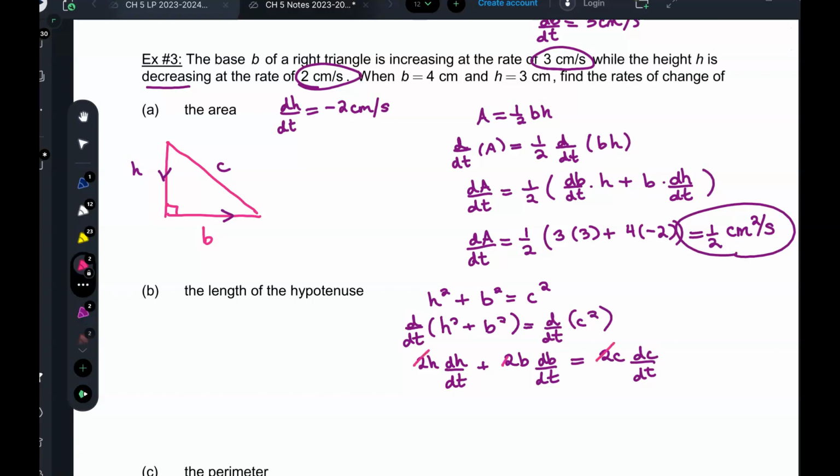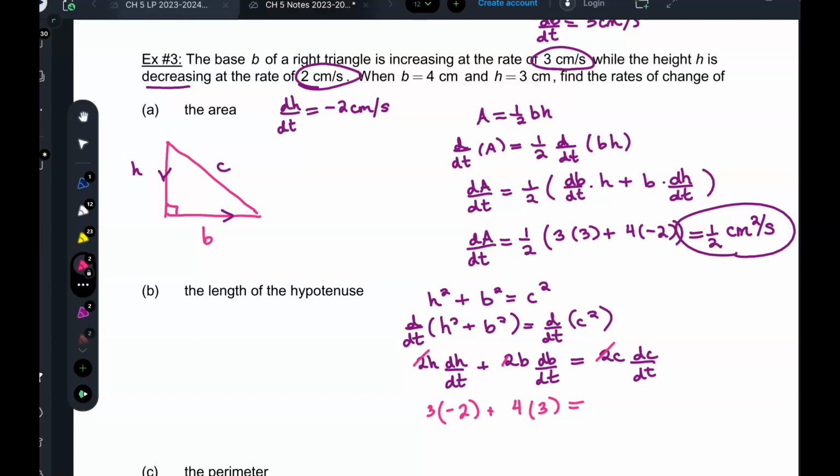Okay, so now we're going to see how the hypotenuse changes. Is C, the hypotenuse, getting bigger or getting smaller? Well, what's H? 3. We're using the same values, so 3 dH dt, which was negative 2, plus B, which is 4, times 3, equals